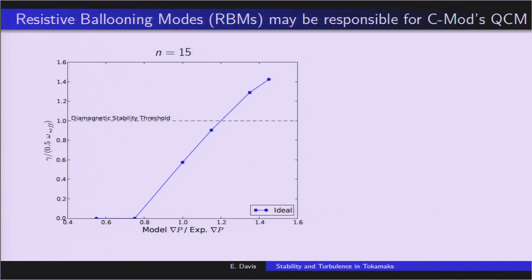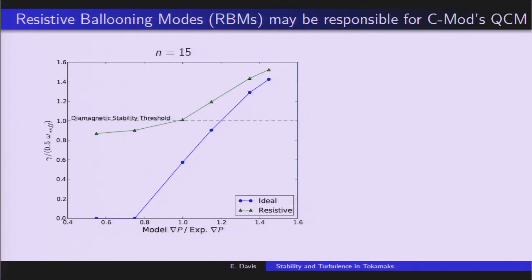This is with a different code than I showed previously, but we get essentially the same result. At the experimental pressure gradient, we're very far from instability, so we don't expect to be seeing any sort of ELMing activity. In contrast, if we start including these non-ideal effects, such as resistivity, you get this green curve here, and you see the stability properties have dramatically changed. In particular, right at this experimental pressure gradient, you're right at this stability threshold, which says you're right about to trigger this instability. So it seems like this could be a resistively driven mode that is responsible for this